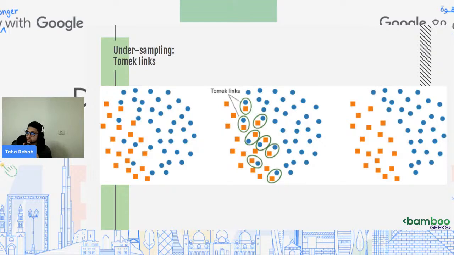We talked about oversampling, undersampling. For oversampling and undersampling, we have two main methods. The first one is randomly oversampling and randomly undersampling. Then there is the SMOTE technique for oversampling and the Tomek links for undersampling. Okay, so those are basically the techniques to handle imbalanced datasets. Those are the specific ones.